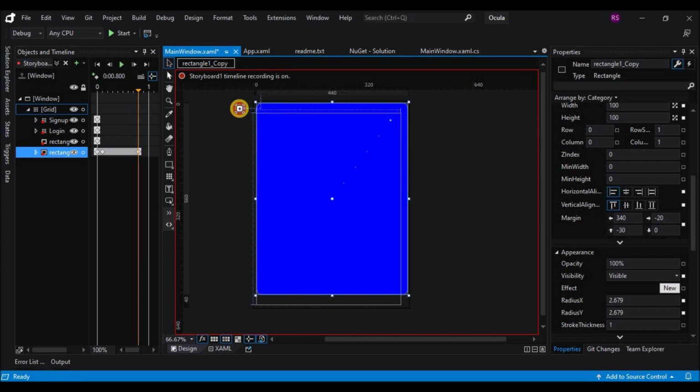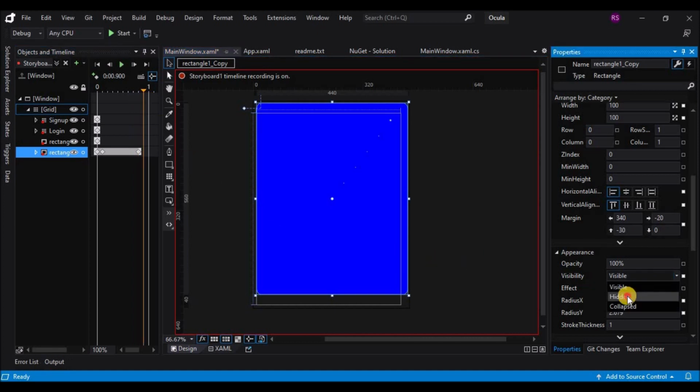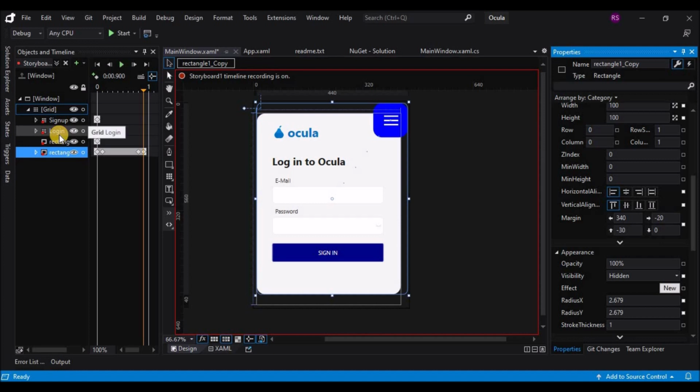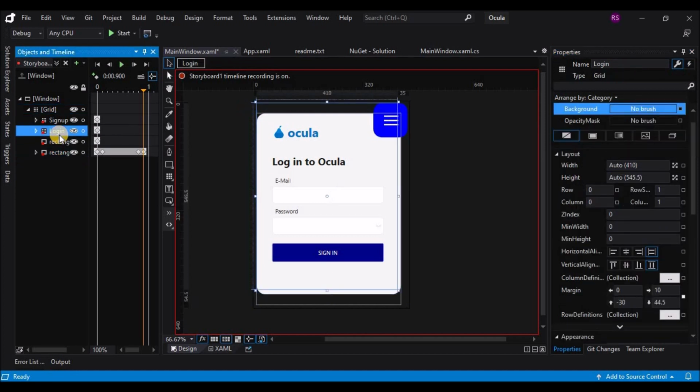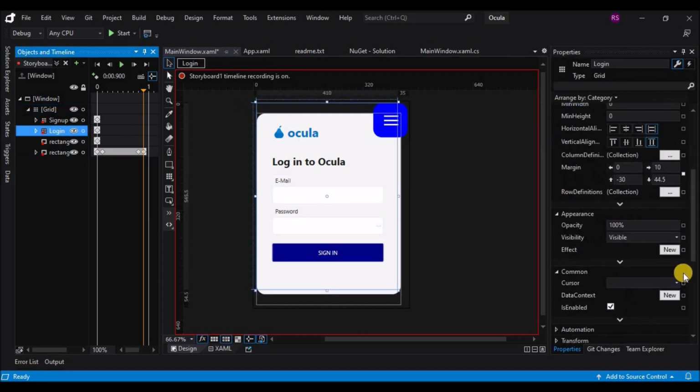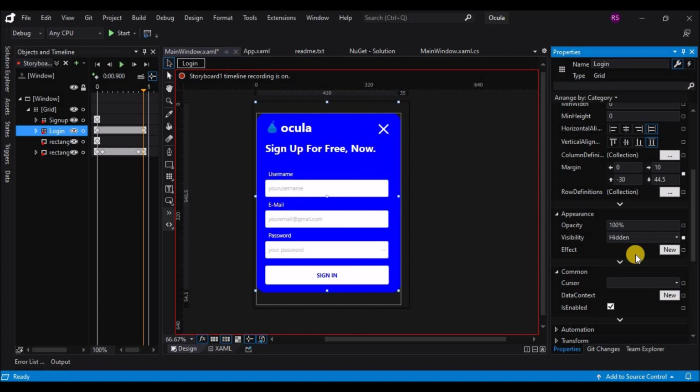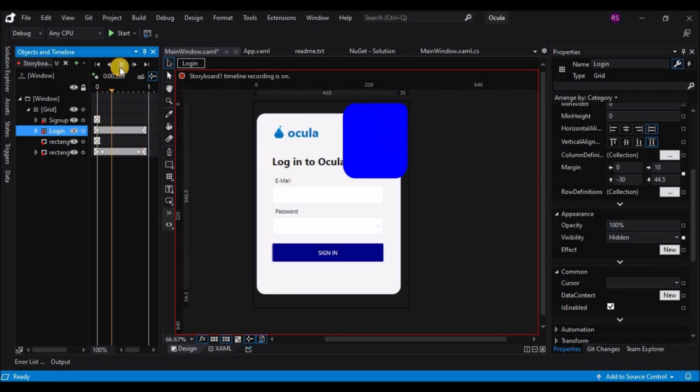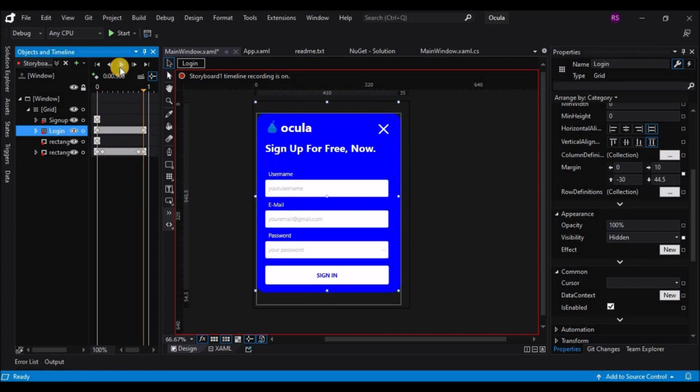On the next immediate keyframe, hide the added rectangle and make the login grid hidden and sign up grid visible. Make this login hidden, and by doing so the sign up grid will automatically be visible because it was in the background.